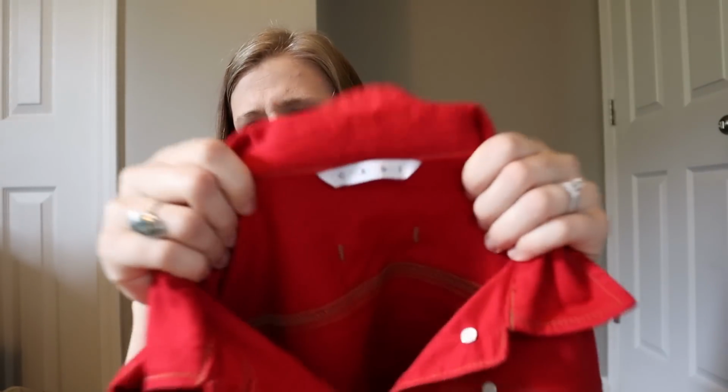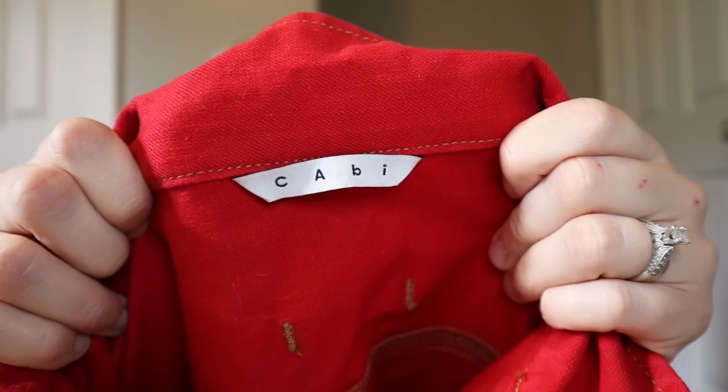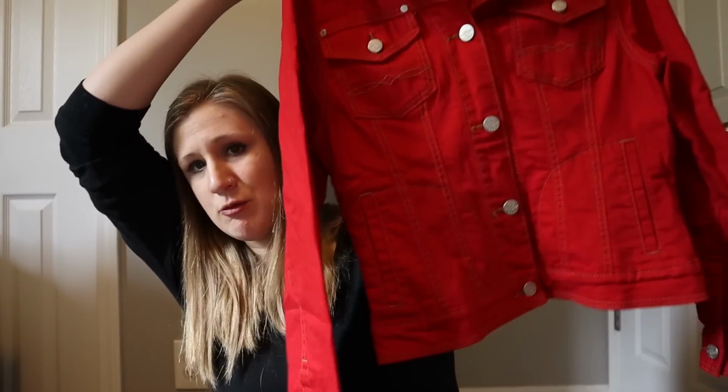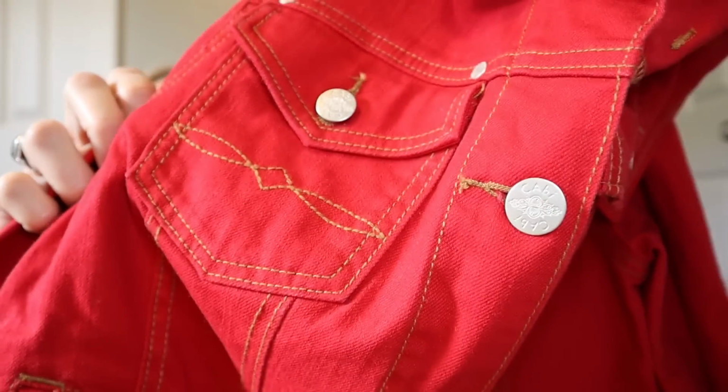There is a newer tag that's several years old at this point, but it's like a square tag with an elongated font. This one with the font stretched out is a little bit older, but yes, Cabby. This is the red denim western jacket, and you can see there's a little bit of embroidery western style detail on the pockets. The comps were anywhere between sort of 20 to 35-ish, and I